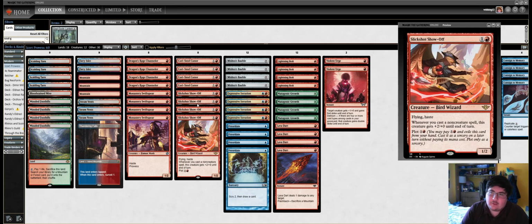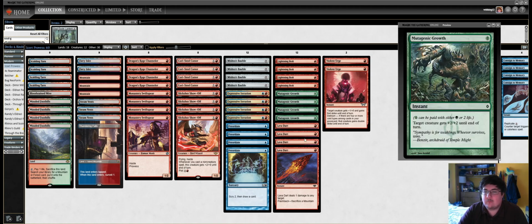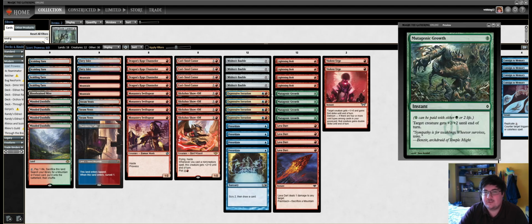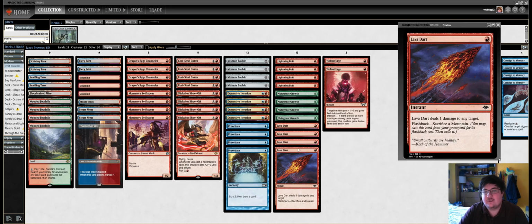I want to talk quickly, though, about how incredibly powerful Slickshot Show Off is. I kind of forgot how great this card was when you don't have to play mana for your spells. Slickshot Show Off with Mistress Bauble, Mutagenic Growth, Lava Dart is just unhinged. All these just give an extra 2 damage. If you play Lava Dart and flash it back with Slickshot Show Off, you're doing an additional